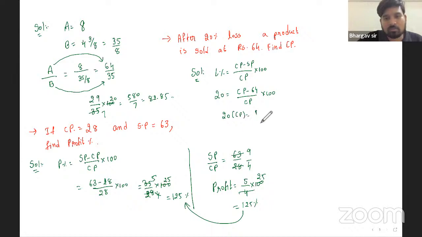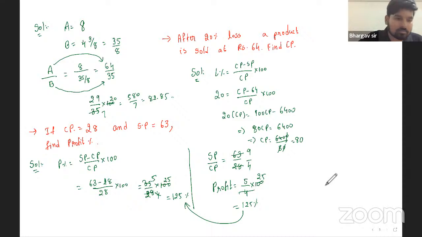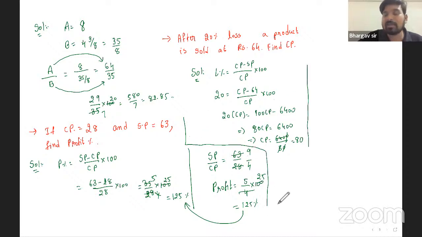व्हाट डू आई डू? 20 इंटू सीपी आ जाएगा, is equal to 100 CP minus 6400, which will be 100 CP minus 20 CP is 80 CP is equal to 6400, which implies CP is equal to 6400 by 80. 0 0 cancel, 8 ones are 8, 8 10s are 80, right? ऐसे मुझे कॉस्ट प्राइस मिल जाता है, बट लेकिन मैं ऐसे फॉर्मूला के थ्रू जाता ही नहीं हूं,